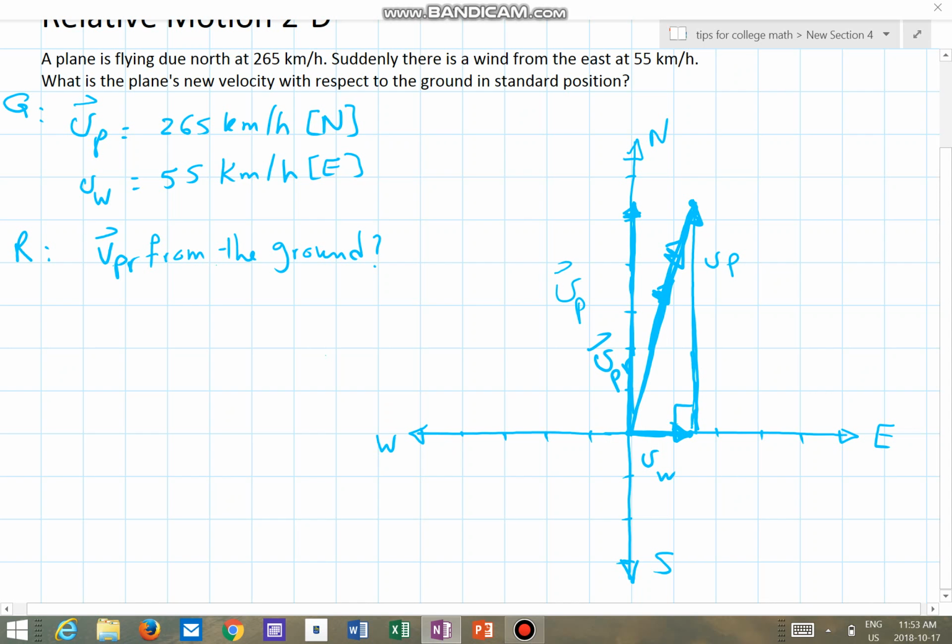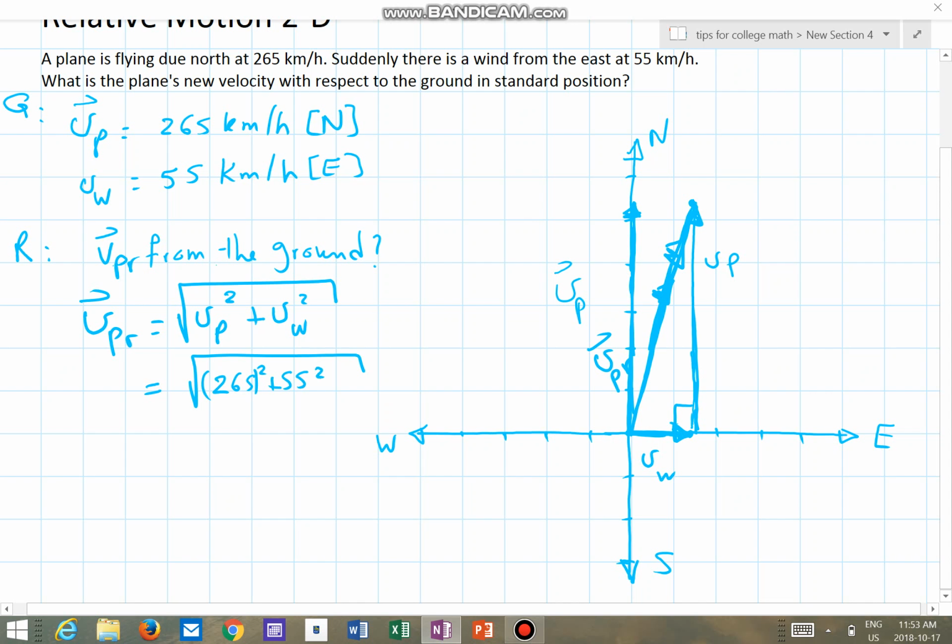So I have VP relative, which is going to be the hypotenuse for this triangle, will equal the square root of VP squared plus VW squared. Okay, sub in the values that we have, 265 squared plus 55 squared. When we do the calculation, that will lead us to